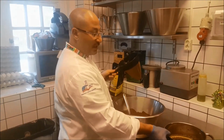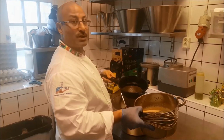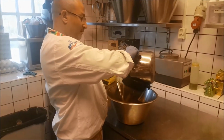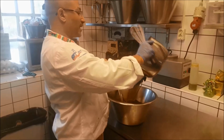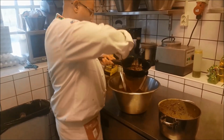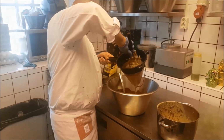Then 1152 gram chocolate manjari, 1152 gram jivara chocolate milk. We melt it together. After that,